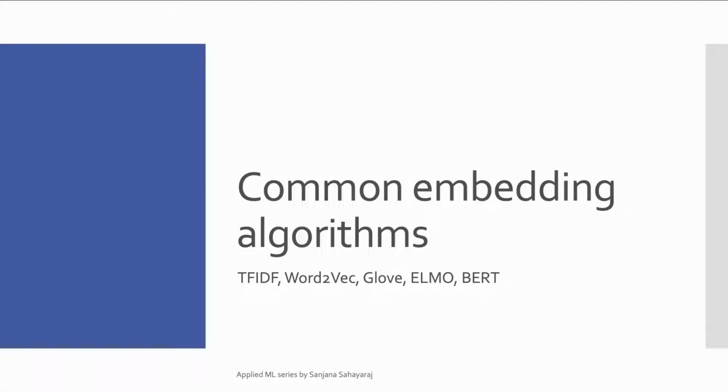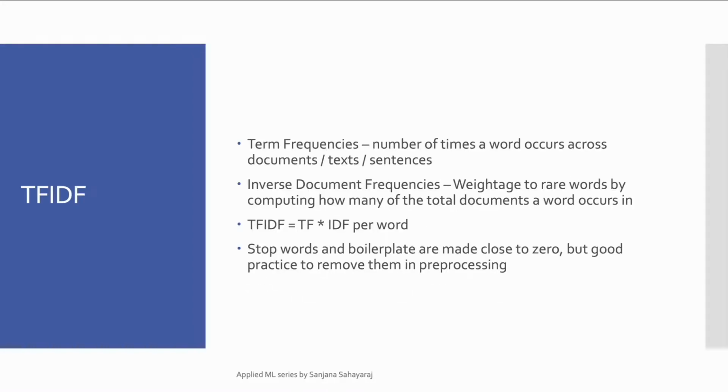Here we go over some common embedding algorithms and a TF-IDF vectorizer. So TF-IDF is often referred to as a vectorizer. It stands for term frequency inverse document frequency. It's not exactly an embedding model because it does not actively form patterns or learn from the co-occurrence of words